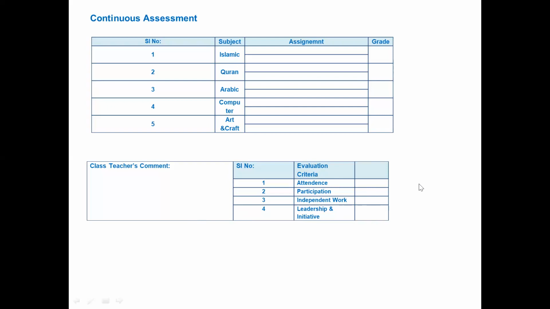Once you fill in the Word document, you have to save it as PDF, and finally on 30th of June, share the PDF document of these progress reports with the student. You can share it through WhatsApp, not in the group, but as an individual WhatsApp message. You can give it on 30th June.